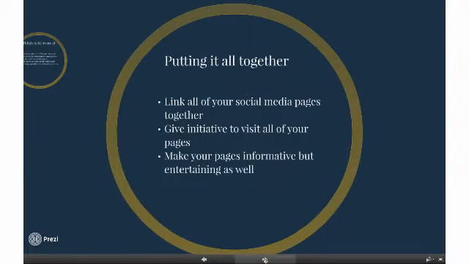You're going to want to link all of your social media sites together as well. This makes it easy for people to navigate through every platform you offer, and if someone likes one of your pages, they will most likely want to check out more. You'll also want to find a good medium of posting things that are purely for entertainment and informational posts about the skate park. This way, nothing will distract from the important things you're posting, while at the same time not boring the visitors of your page with dry informational posts.